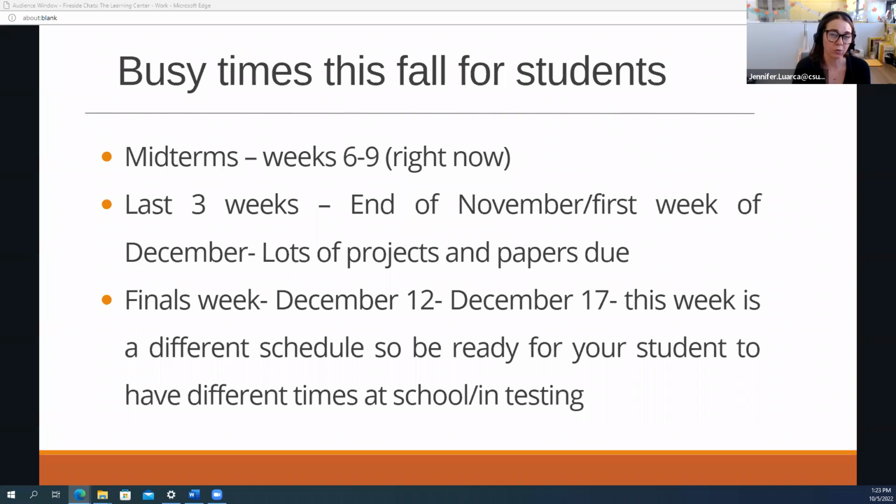And the weekend prior is probably going to be busy for them with studying, because that week they usually have exams in every single class, which isn't something they experience often prior to that week, because usually exams are spread out a little on different days and times. They may end up with 3 exams in one day that week. So the schedule looks different.